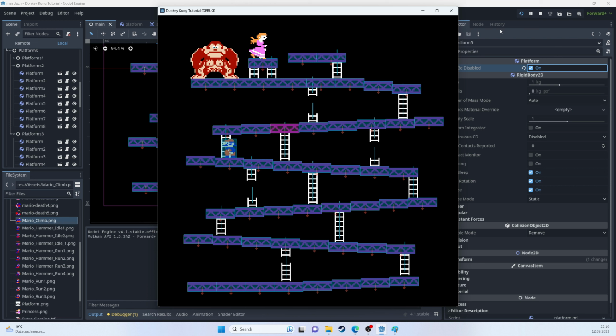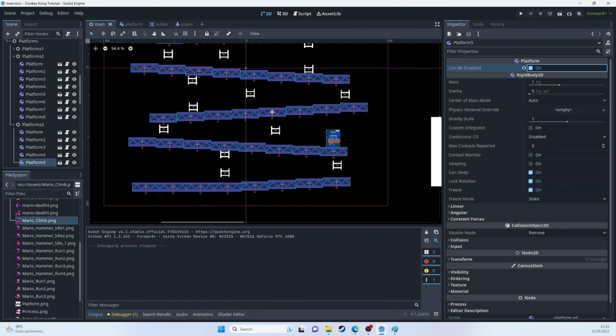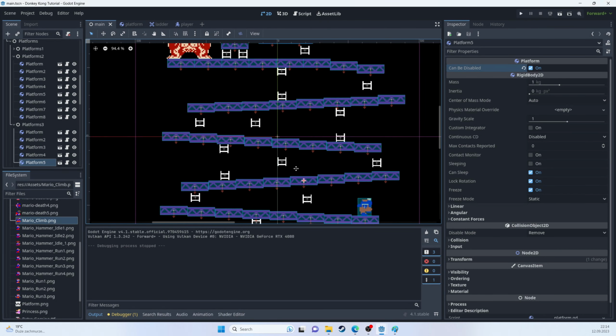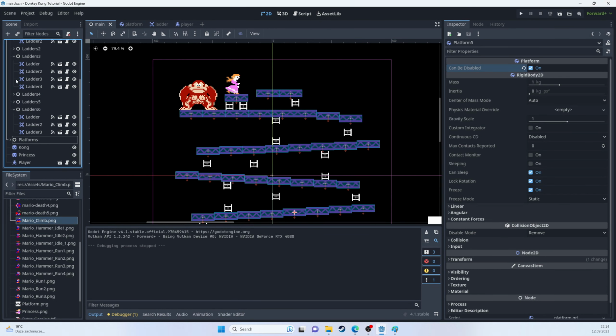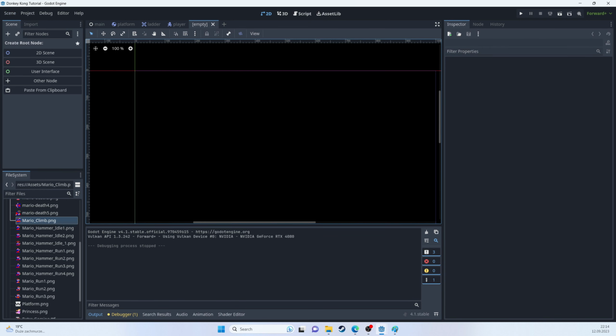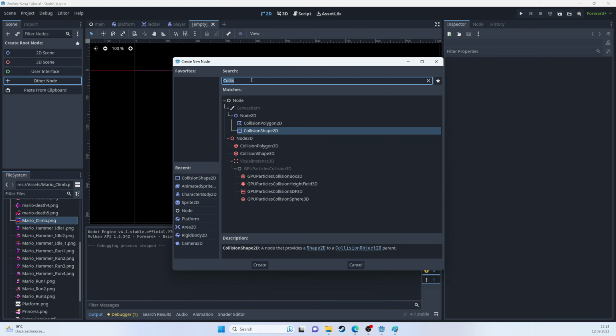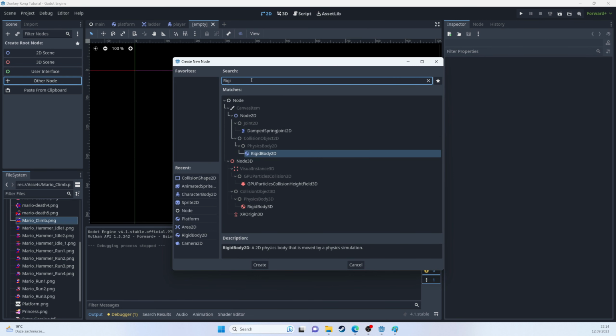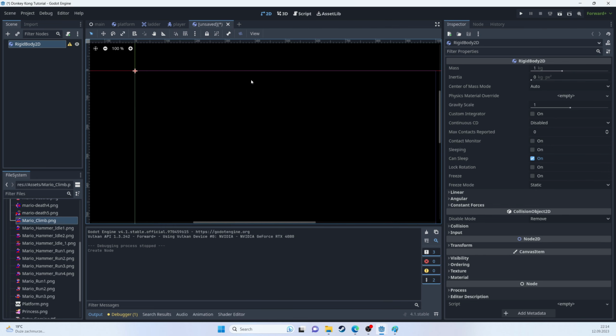So with that done, we should be able to move to the next part of our game, which is spawning the barrels, right? Perfect. So let's handle the barrels and spawning of the barrels. Let's start by going to scene, new scene, and let's find our barrel, and we'll find the root by using rigid body. This makes sense. We'll use the physics to move it,